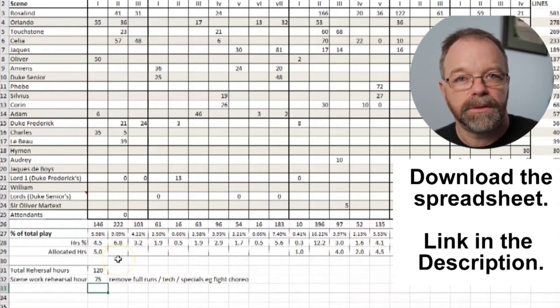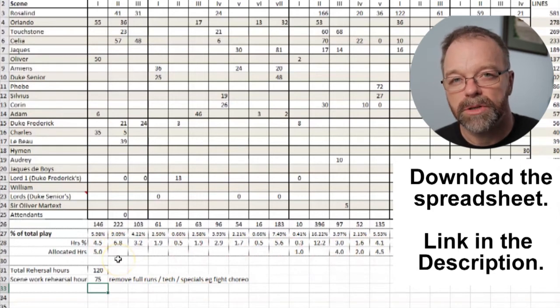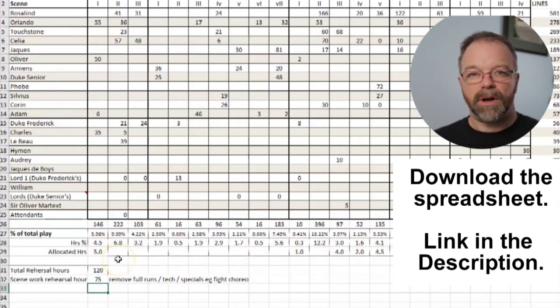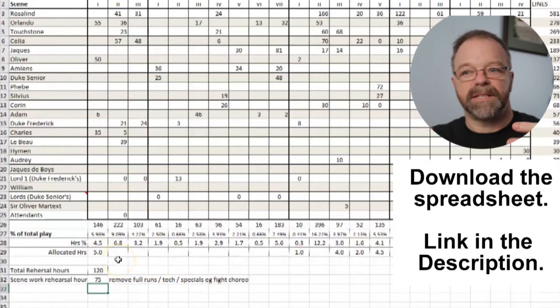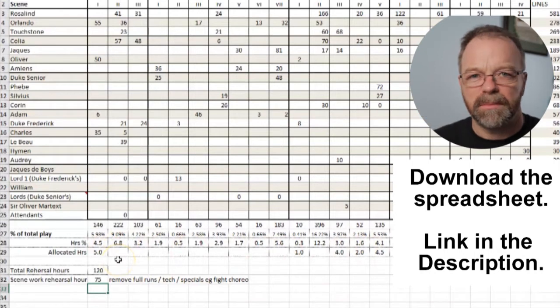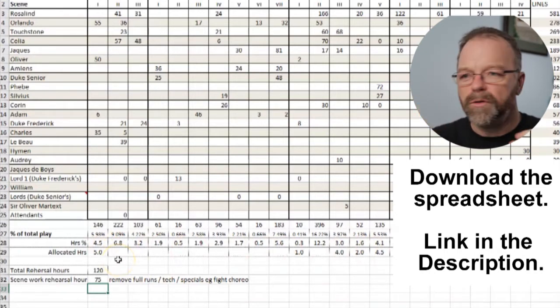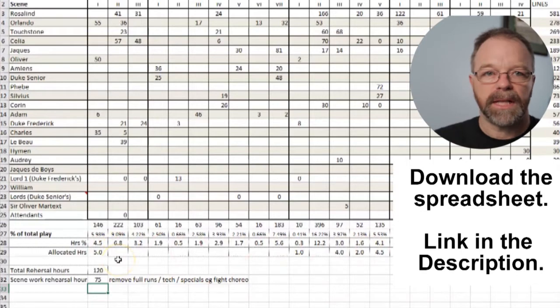So then I will generally add more time into rehearsal block 1, because that's the time where I'm wanting the actors to spend time getting a sense of the scene and working with each other, and they semi-stage and semi-block it themselves usually when they're working on the script, and they'll play with movement and space and that kind of thing, and we'll start to get a general shape of the scene pretty early, because we're allowed to.